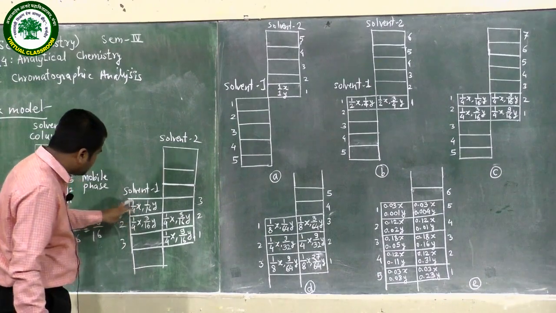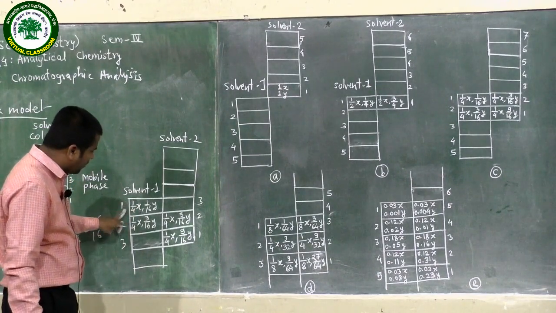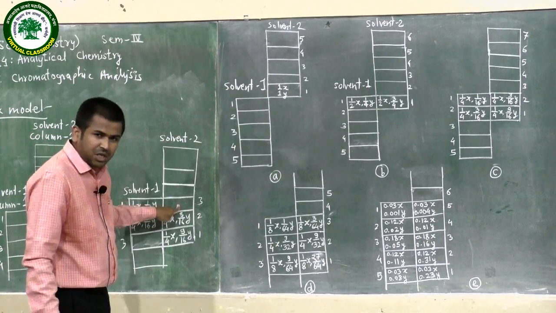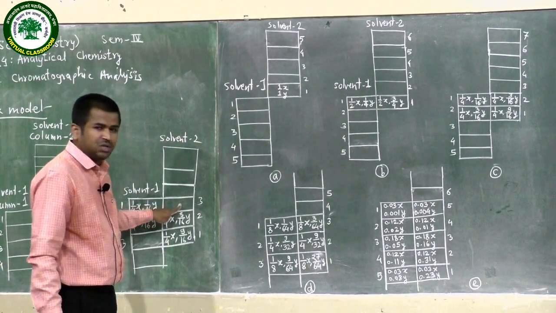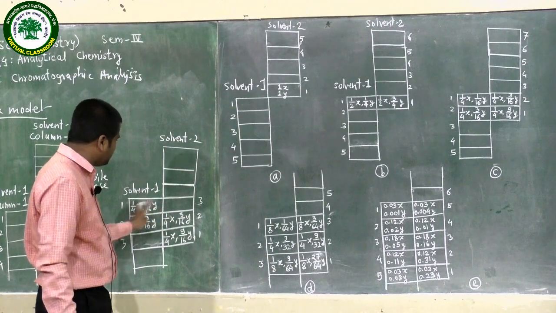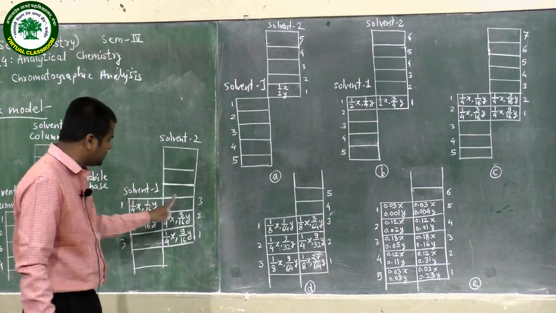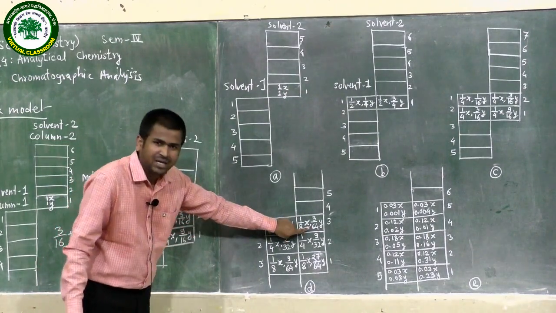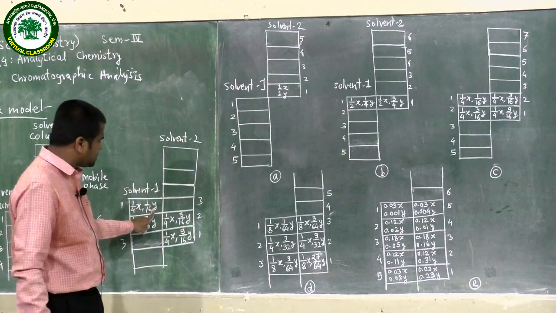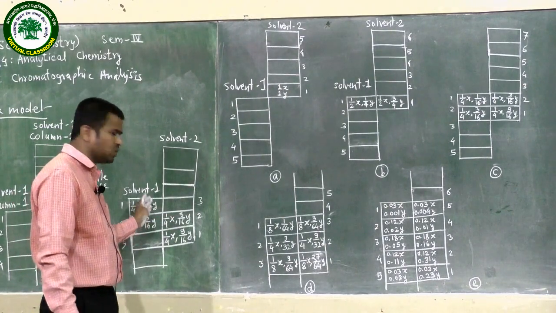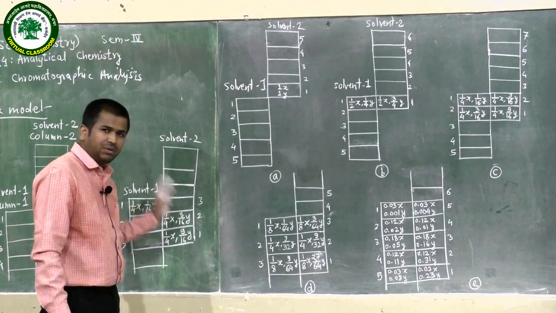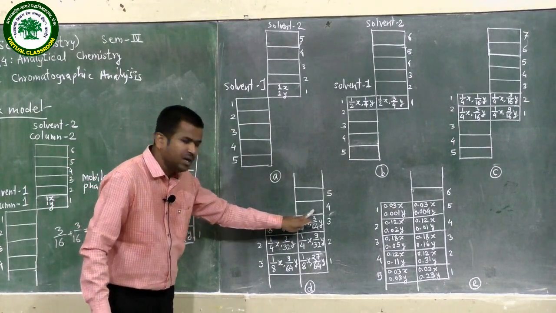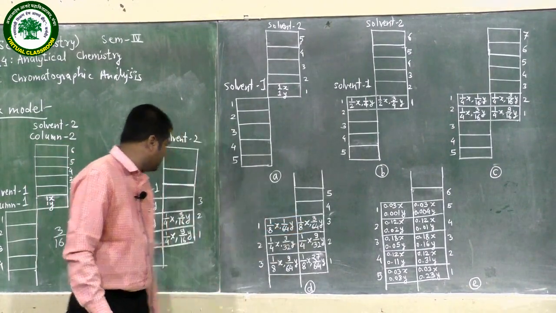Now comes box 1. Here we have 1 by 4x which is distributed into box number 3 of solvent 2, which is a fresh layer. So it gets distributed 50-50%. Here we get 1 by 8x and 1 by 8x, and 1 by 16y gets distributed 25% into solvent 1 and 75% in solvent 2. So the distribution is 1 by 16y and 3 by 16y.